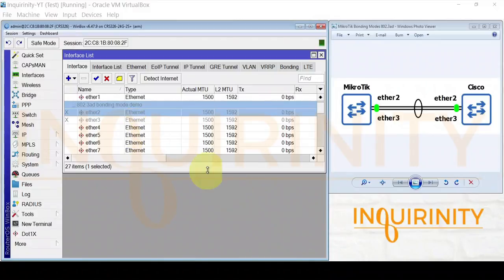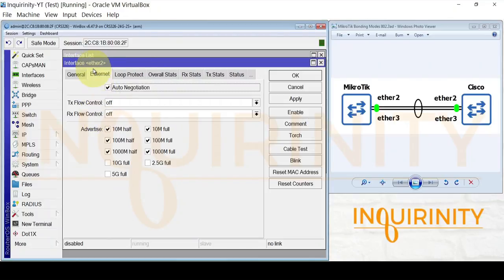In order to check our speed and duplex mode settings in MikroTik CRS, we need to go to the port, double click, and go to the Ethernet tab. From the Ethernet tab, you can see the options for auto negotiation, meaning it will negotiate the matching speed and duplex settings on our devices.